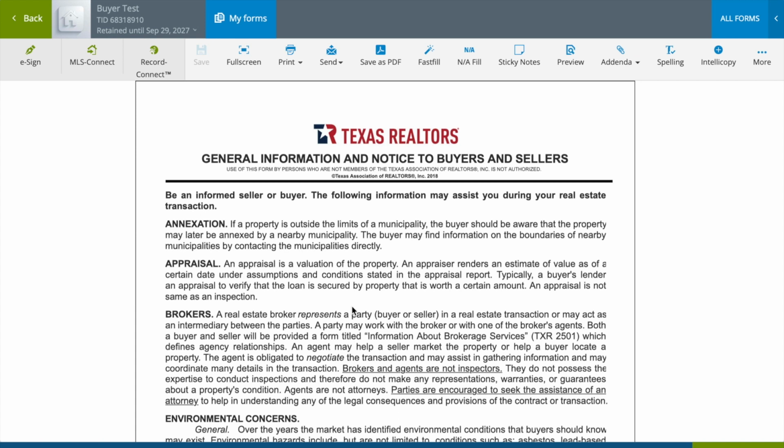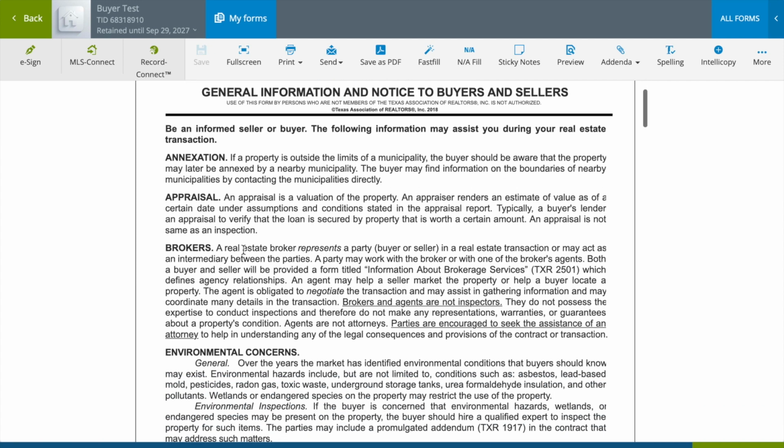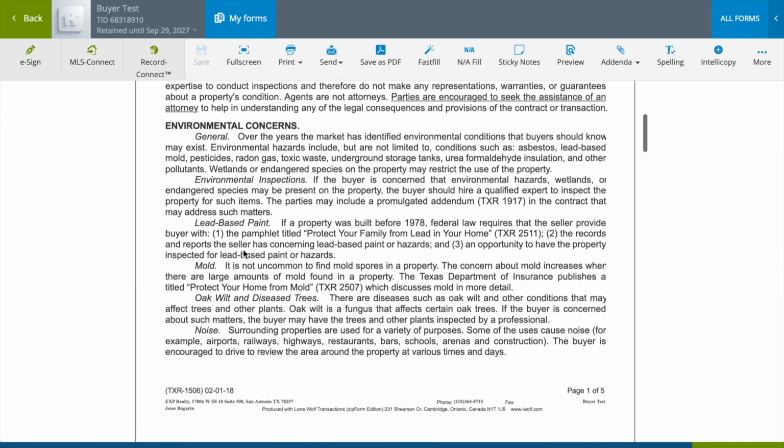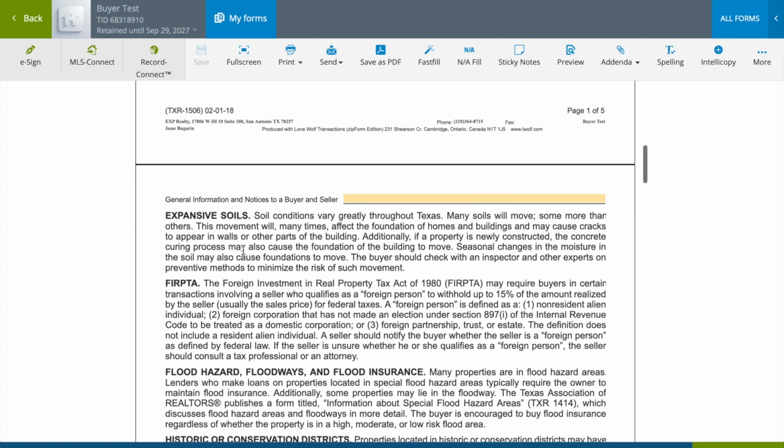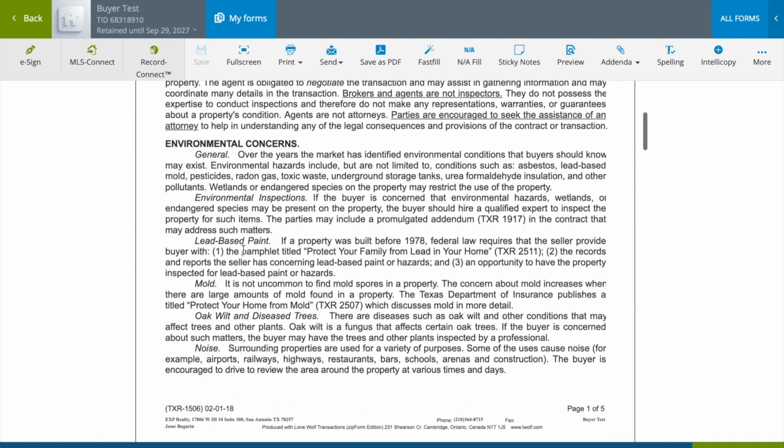They were able to get that fixed and removed, but that's not always the case, and we don't know what's going to happen because obviously we can't control that. So this is a really, really good form to explain to them all these things, what they should look out for. If they have any concerns, ask us, because at the end of the day,